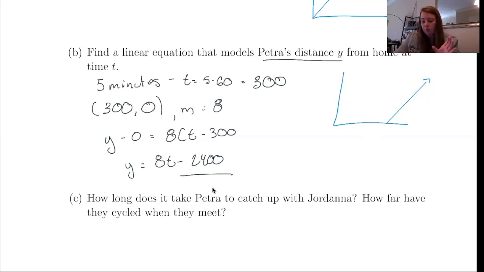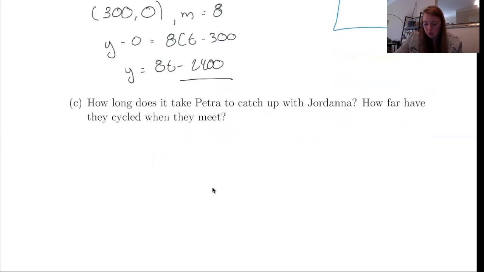Kind of just adjusting for her starting so late. So how long does it take Petra to catch up to Jordana, and how far have they cycled away? So how long does it take? So time, and how far? Why? The distance. So we're gonna have 5t equal to 8t minus 2400. Let's subtract 8t. So we have minus 3t equals negative 2400